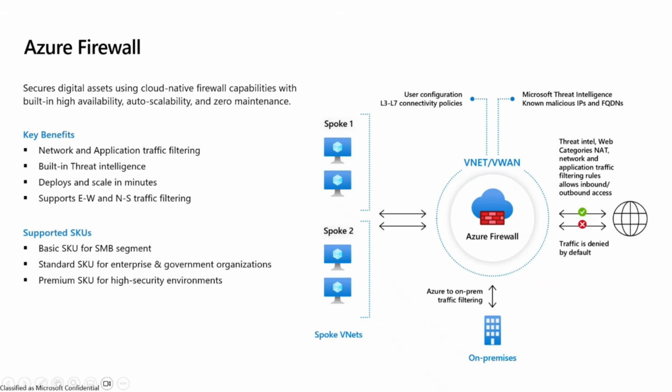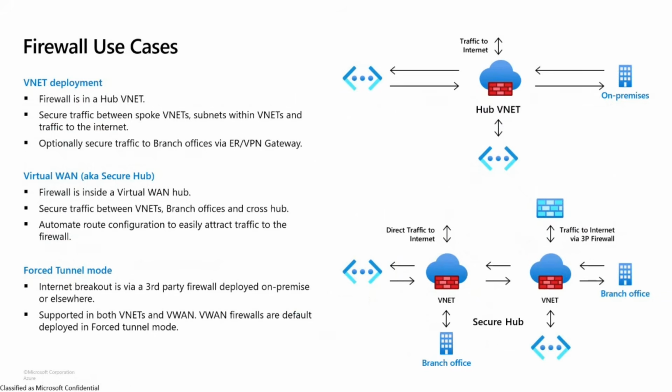Now let's look at some of the Azure Firewall use cases. The first use case is a virtual network deployment. Here you can deploy the firewall directly into a virtual network using the traditional hub and spoke method. In this instance, the Azure Firewall lives within a centralized virtual network where all networks will peer directly with the hub virtual network. This allows for all the traffic to traverse the Azure Firewall, that is traffic within the same